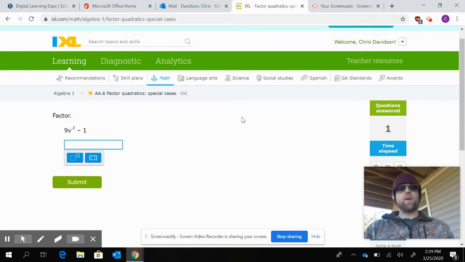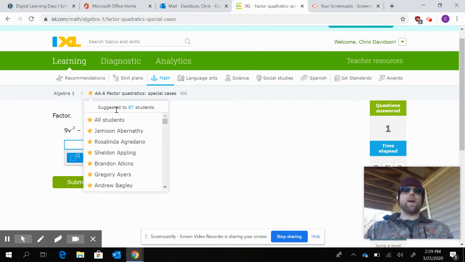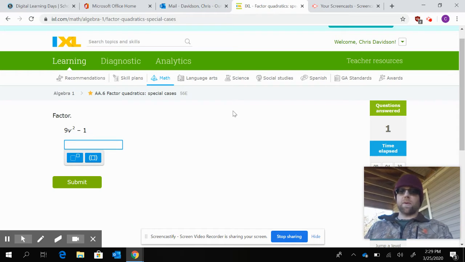All right. So with this IXL, I went to Algebra 1. Make sure you go to Algebra 1 and then go to AA6. It's factoring quadratic special cases. I started just so y'all know, this is not just factoring difference of perfect squares. It's going to be a little bit of review, factoring trinomials, which y'all know how to do. So it's going to be kind of a mixed review. All right, so with this one,